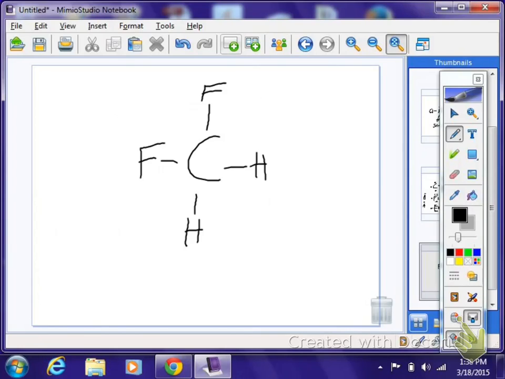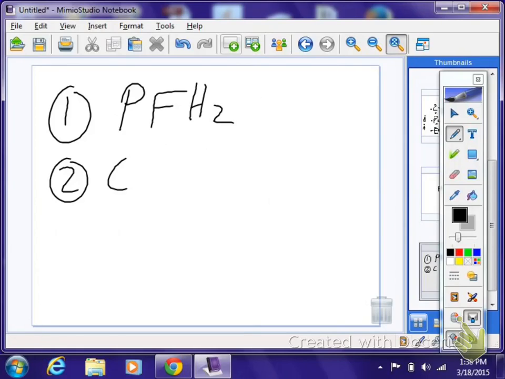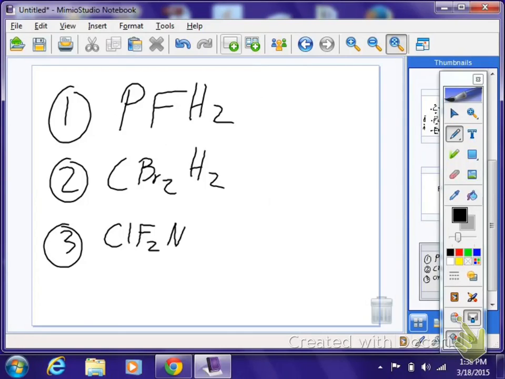So what I want you to do for tomorrow is practice these steps with the following compounds. PF H2, CBr2, H2, ClF2N2 or N, and then